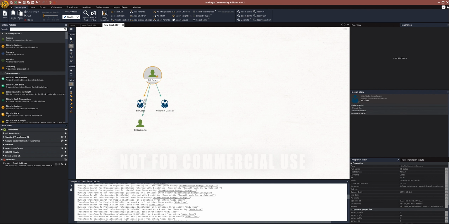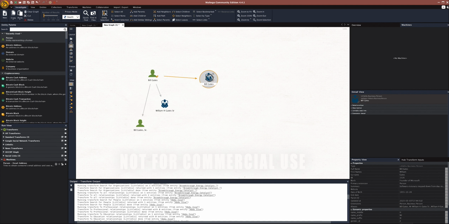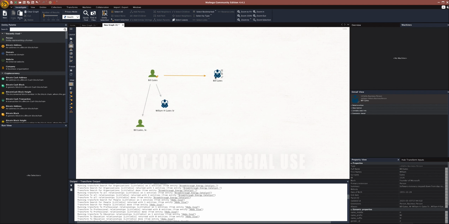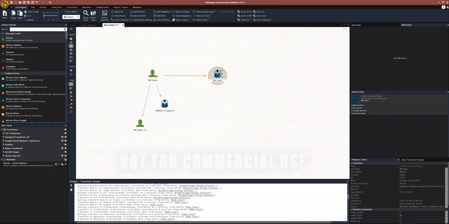It says, yeah, I got, sometimes my mouse gets stuck on one of these entities. So I got this guy here, I have a William Gates, and I have a Bill Gates Sr. When they come in with this different iconography, like this one has the suit and tie as opposed to this generic silhouette, this usually means that the actual plugin has some data. So let's take a look and see now what contextual